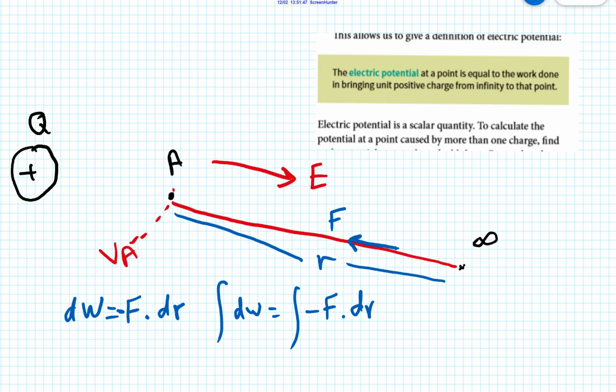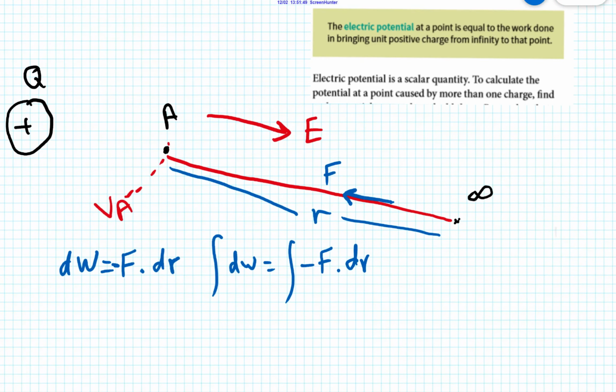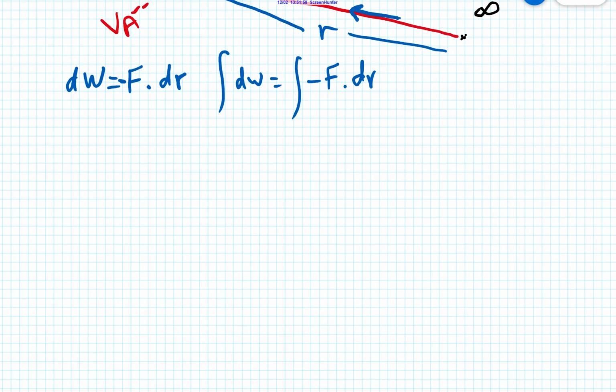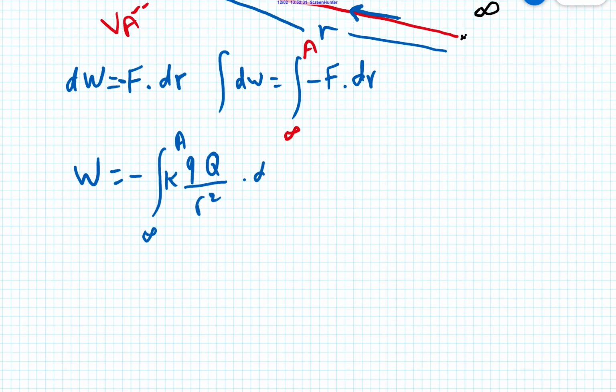Let's plug this in. The integral of negative F dr is to be done from infinity, because I'm coming from infinity to a point A. The integral of dW is just W. Now dragging the minus to the outside, the integral from infinity to A, where we remember that F is equal in this case to Q times K over R squared dr. Now dragging to the outside K, Q, and Q, because they are constant, so we get minus K